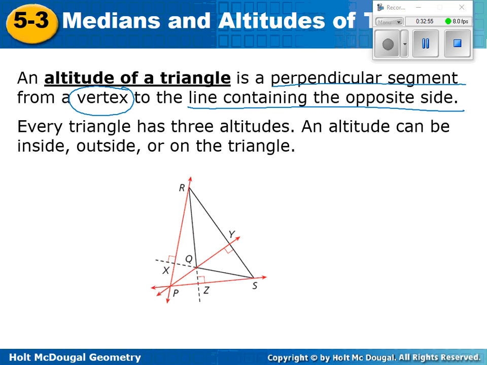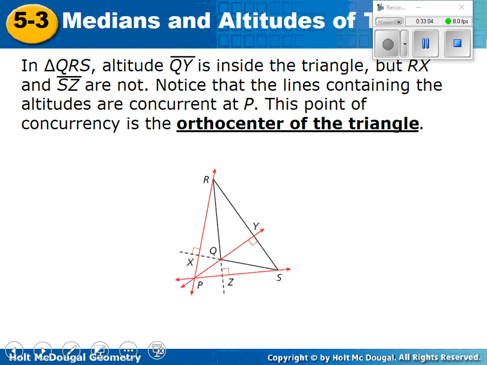And I'll explain my little acronym over there in a minute. So the orthocenter is the point of concurrency for the altitudes. So in your notes here, orthocenter is the point of concurrency of the altitudes. Once again, in the notes, they don't investigate where it lands. So we're going to draw in an acute triangle, an obtuse triangle, and a right triangle, just like we did over here. So if you want to draw that in on your notes with me, make yourself an acute triangle,